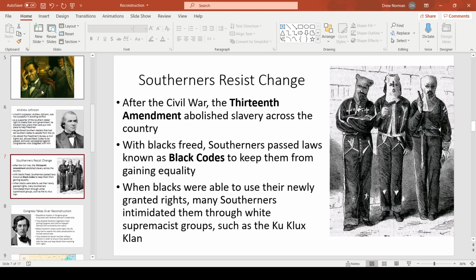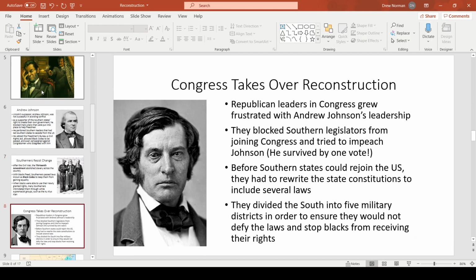In fact, some of the first instances of the KKK intimidating blacks included them having that sheet over their head and telling the blacks that they were trying to scare that they were ghosts of Confederate soldiers. But the main focus of this was not only did they pass laws to restrict blacks' rights, but when that wasn't enough, they also physically threatened them with violence and intimidated them so that they wouldn't practice their rights and they would stay scared and would not try to fight for their equality.